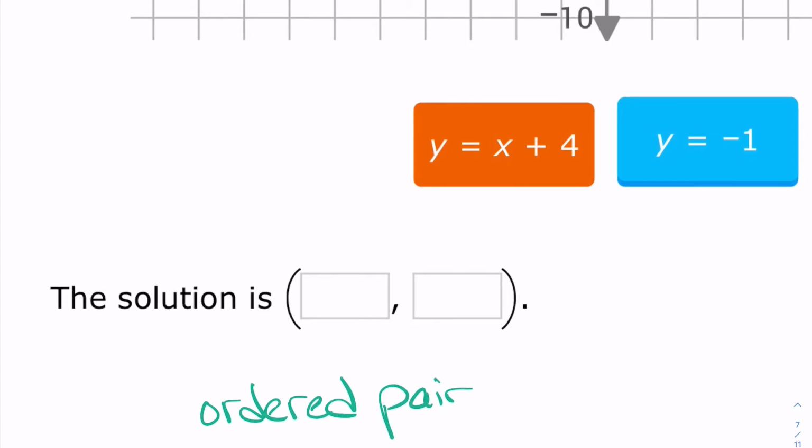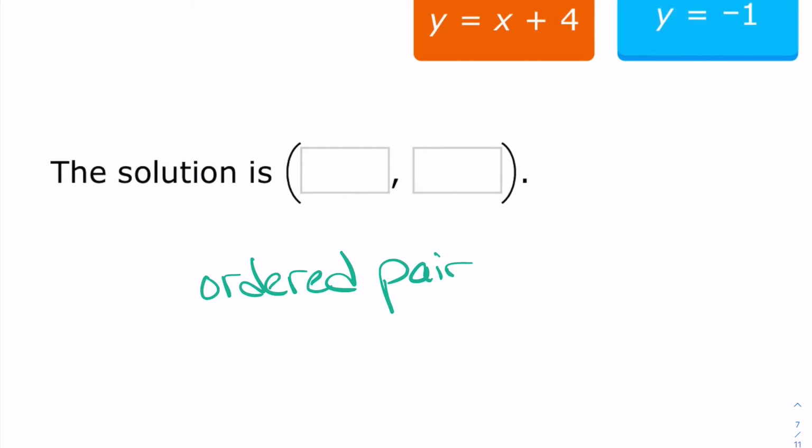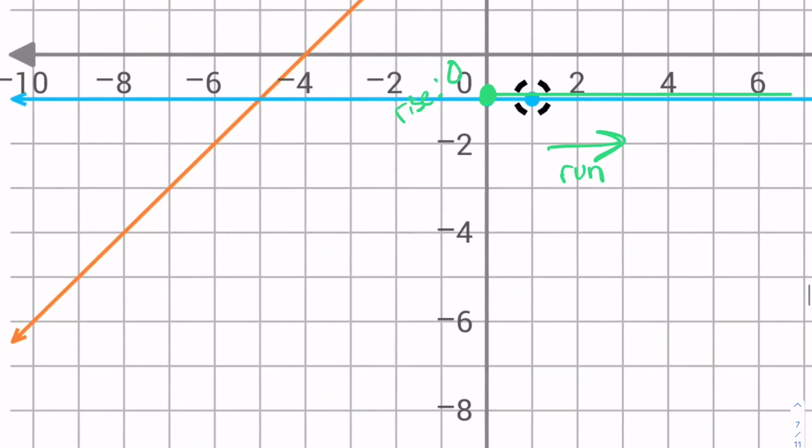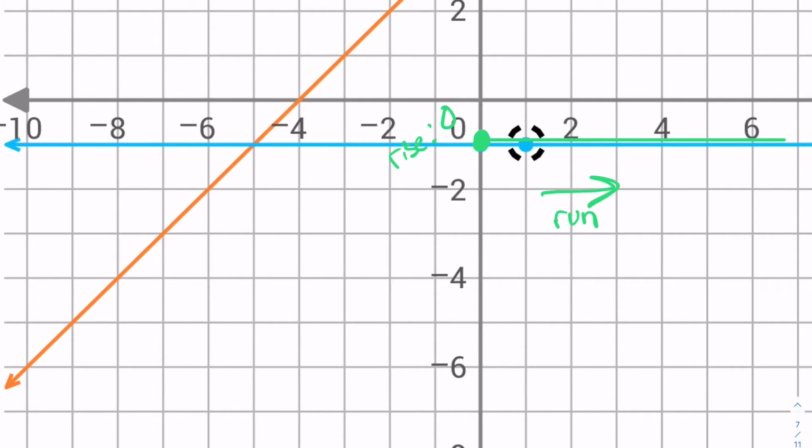An ordered pair of coordinates is the location x and y where the two lines intersect. So we're going to find out where they intersect, which appears to be right here, which we read as x comma y,